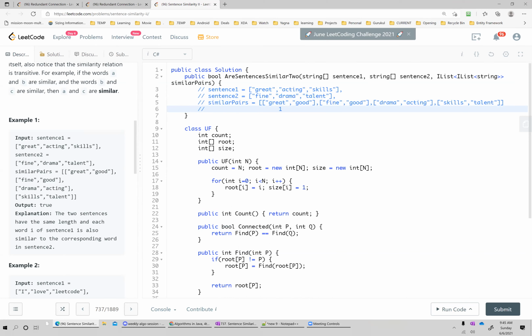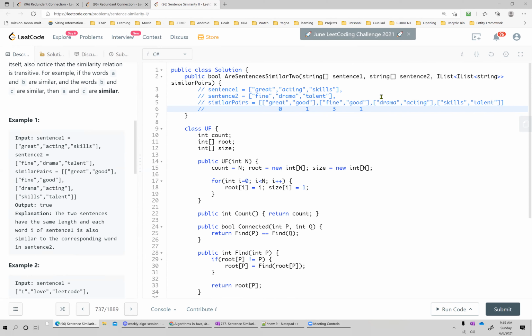So great is 1, okay, good is 2, this is 3, right? Or I want to start with 0, right? 0, 1, fine is 3. Now, good we have seen before, right? 1. So I don't want to assign new integer to good, and I am just going to utilize what I had before.